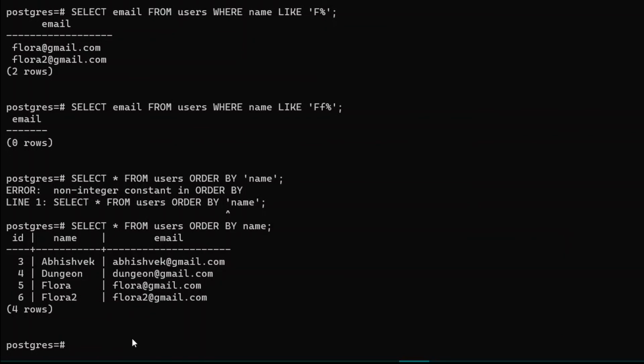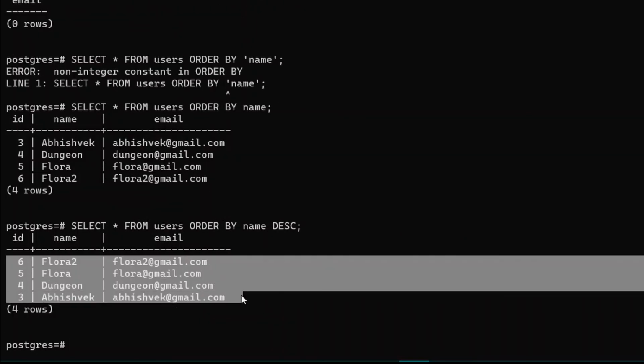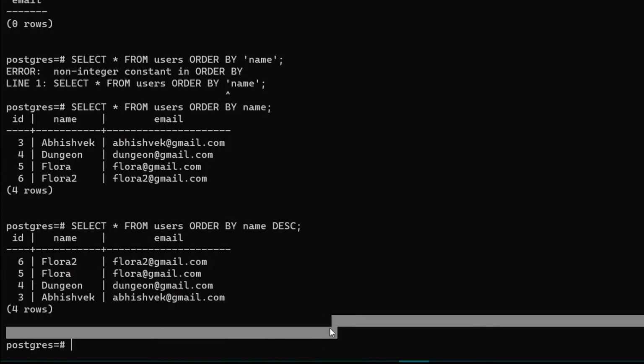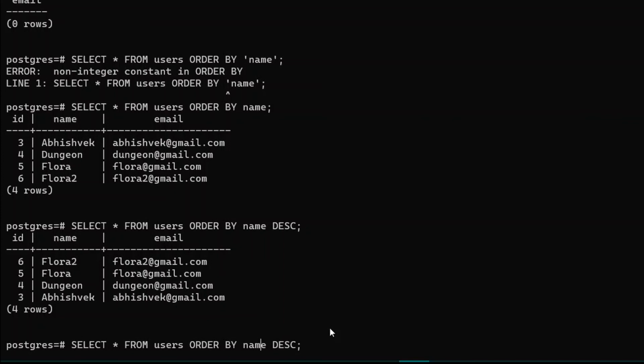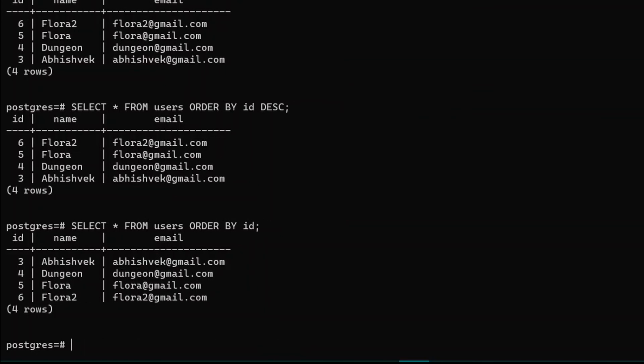You can also do one thing, invert the order accordingly. For that purpose, you should add the property DESC, press enter, and the order shall be inverted. This shall be helpful to us for filtering all of our data name wise or column wise. Now you can also order everything by their IDs. Let's say ID, press enter. All of the things are in descending order, and if I remove the DESC, press enter, all of the things are in ascending order.